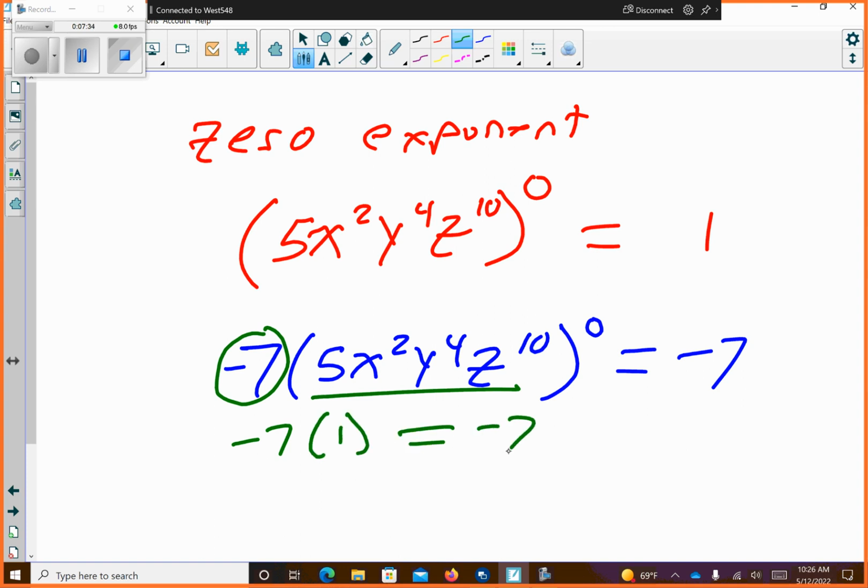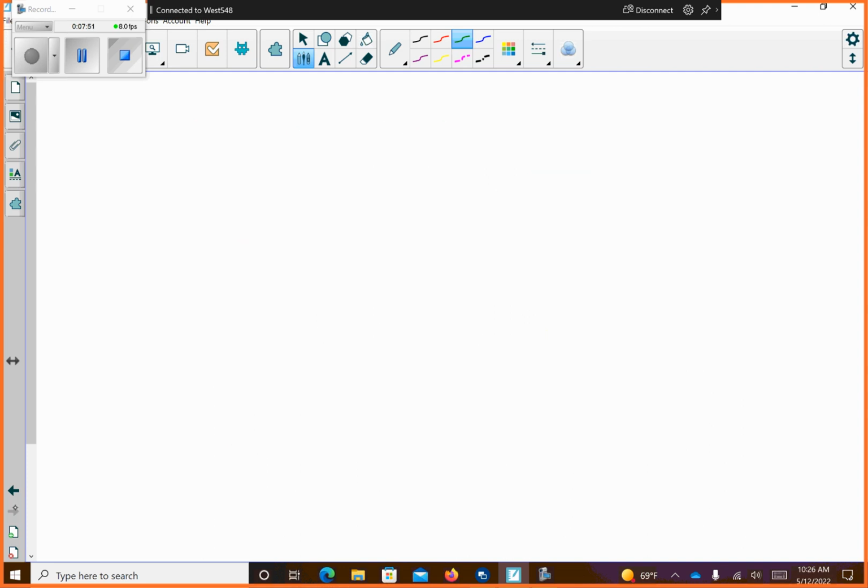Now, please know, I will have 1 as a choice on that. Okay, so just be cautious. Realize, is what is outside raised to an exponent? If not, then it becomes a multiplier. Okay? Our next thing that we're going to get to, and we didn't have time to talk about yesterday, is